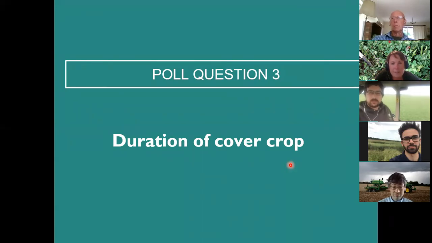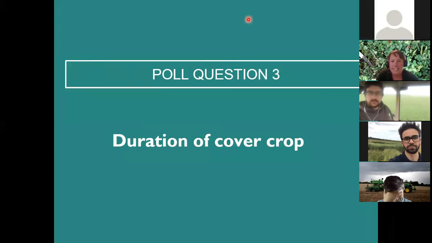So, and then the next poll is just looking at if you would consider integrating leys? So if you've had these cover crops in the system, would you consider integrating either a grass clover ley, a simple grass ley into your systems, or given the wet winter, did you actually consider a fallow, or are you not prepared to do this at all?